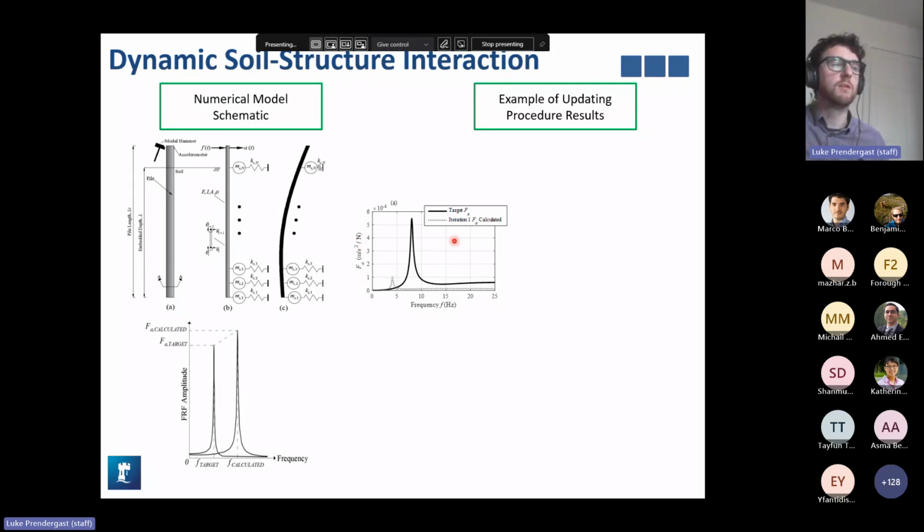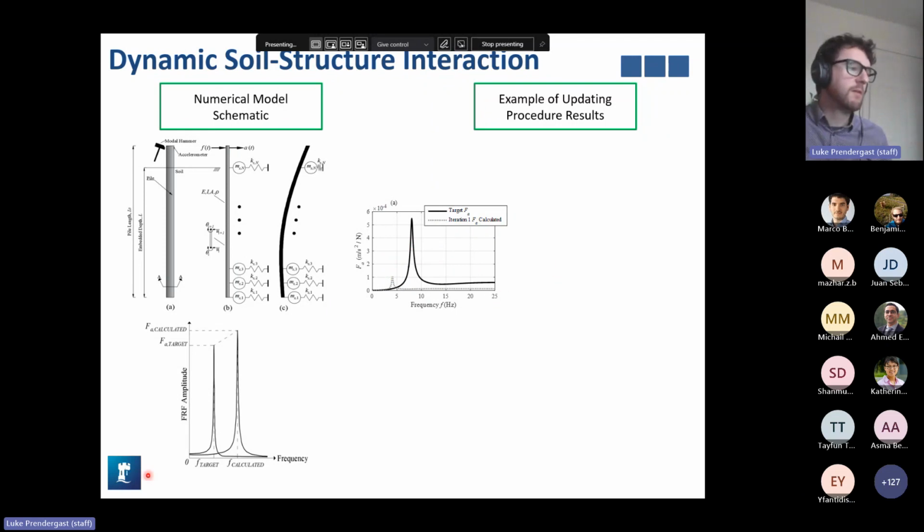So the first prediction from a numerical set of analysis, we created some virtual experimental data where we knew the properties. So we knew what the actual stiffness was, we knew what the actual mass was. And the idea is we tried to see if our numerical method could predict that. So the black line is our virtual experimental data, and the dashed gray line is the first estimate of the response. And as we can see, we significantly underestimate the frequency, which means we are likely overestimating the mass and underestimating the stiffness, or a combination of that.